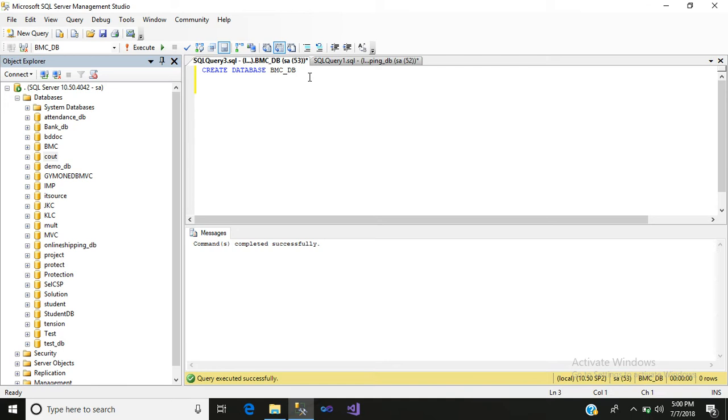So, write create table. Table name will be client table. Open a bracket, close a semicolon. We will pass 4 parameters: CID, begin, comma, cname,